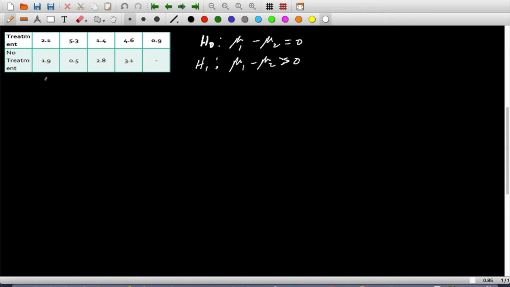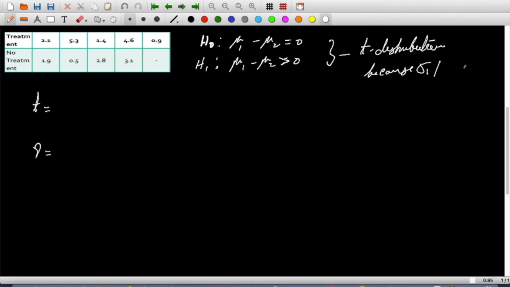So for this case, we have to calculate the value of t and the degrees of freedom, because we are applying the t distribution because sigma 1 and sigma 2 are unknown. In this case, t is